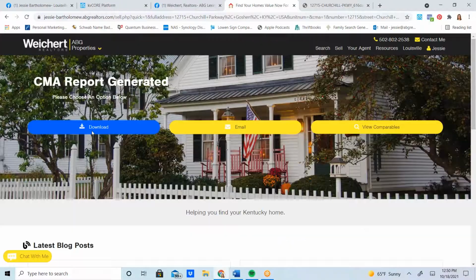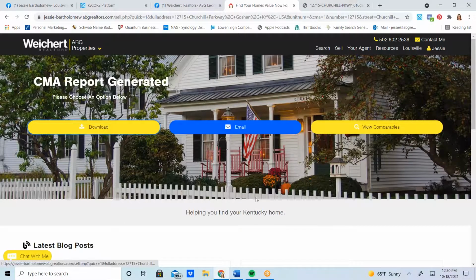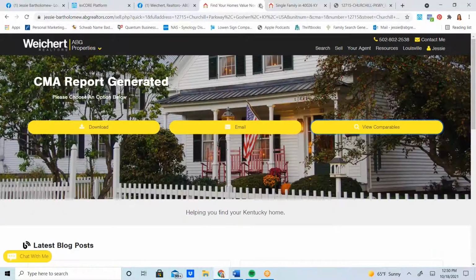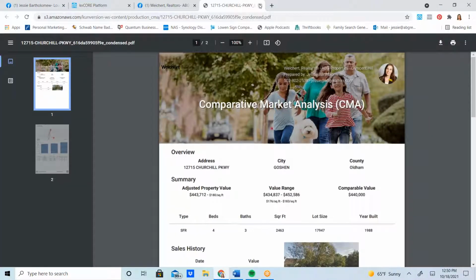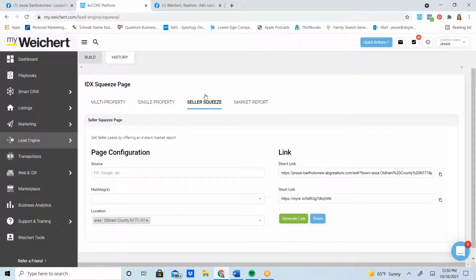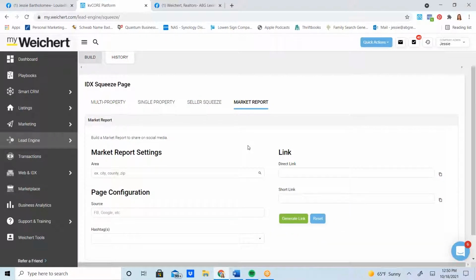And then they can also email it to their spouse. They can view comps. Of course, there are none. I guess I need to stop using Oldham County as an example. But all of that was from the seller squeeze. And then kind of similar to that, just formatted a little differently, is the market report. So for this one, let's do,